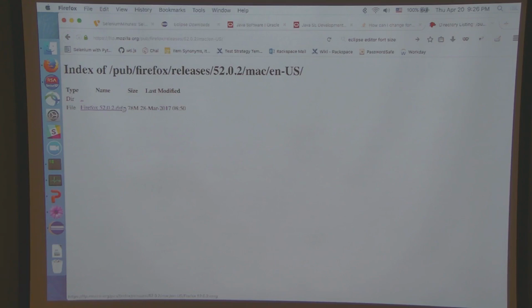If I have an older version, would that be okay, like 45? Or should I have it updated? I might probably update. I do not know if Selenium 3 works with 45. No. I think it works with 47 and above. 48 and after. 47 and above, I think. Something like that. So I honestly don't know if it will work.